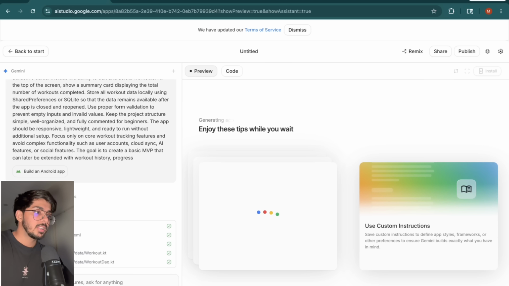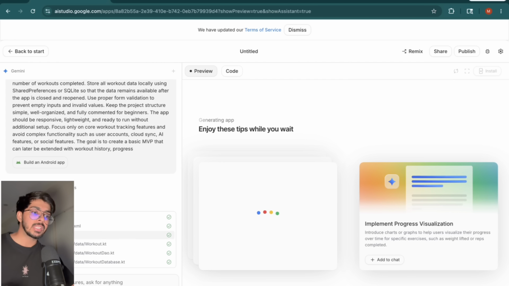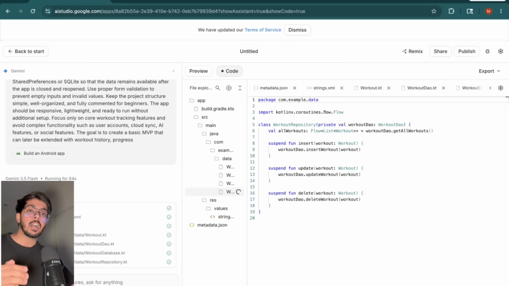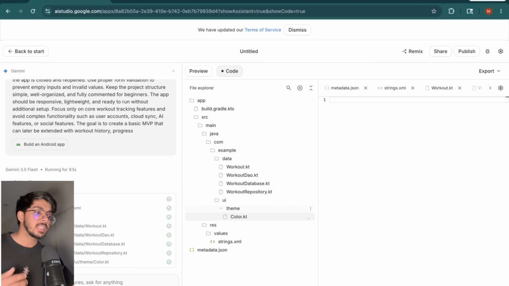Then you can just skip it. So right after giving approval for the design, it will start working on the coding, and here you can see it has already started working on the files. Here you can click on this Code to see how the folder structure has been created and how these files are being written as code functionalities. So there's an app, then the src folder, inside it there's main, and then java, com, just drag it bigger, and there's data. Inside data there are 4 Kotlin files, there are resources, and the UI is actually being created dynamically, so that's why these files keep coming.